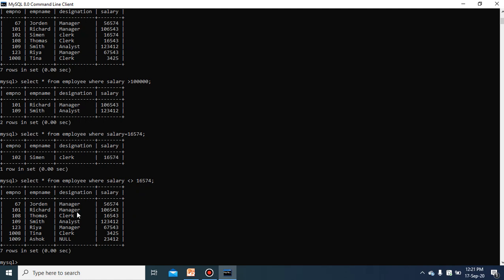Next we will see how to use the logical operators, that is AND, OR, NOT. If you want to use logical operators, you need to use the operators AND, OR and NOT. How will they be used? Just see. SELECT * FROM employee, and what is the query?